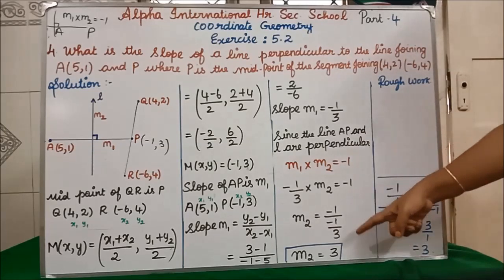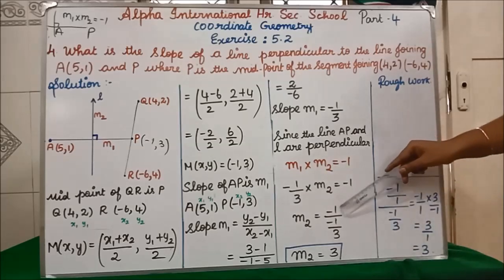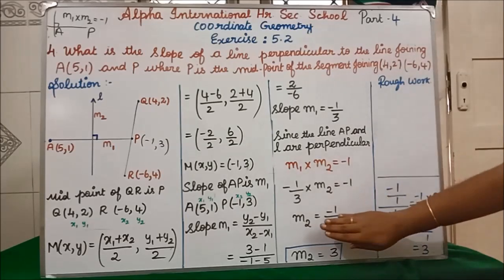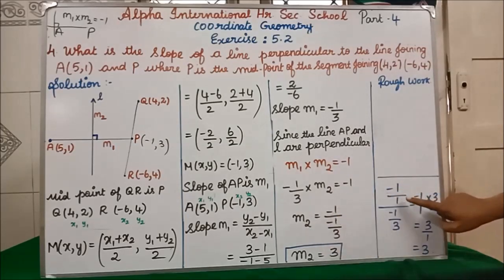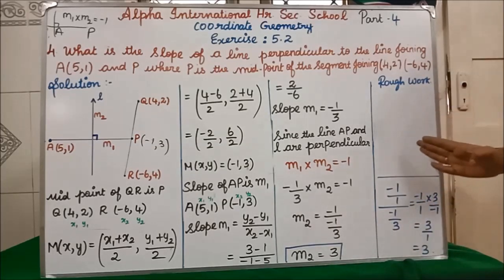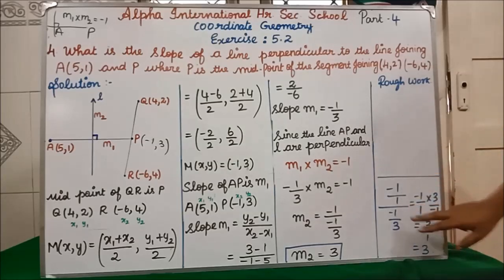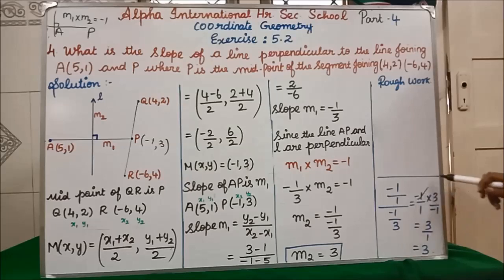See after this step how I have got m2 is equal to 3. I have written it directly. See how I have written here, -1 only is our numerator. This is 1, so here there is no denominator; consider the denominator as 1. So 1 divided by -1 by 3. I have told you, in division if you have 4 numbers, the first 2 numbers you write as such. The remaining 2 numbers become reciprocal. Reciprocal means what? Denominator will go up, the numerator will come down. So 3 divided by -1. The next step, this -1 and -1 will get cancelled. 3 divided by 1, answer is 3. m2 is equal to 3.